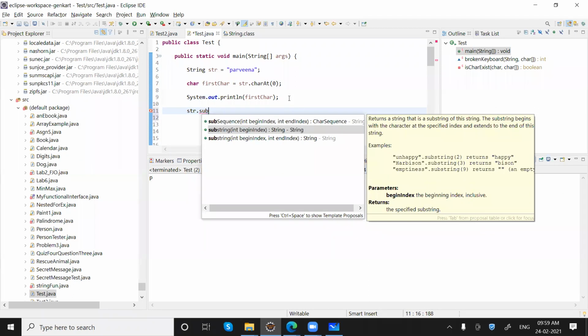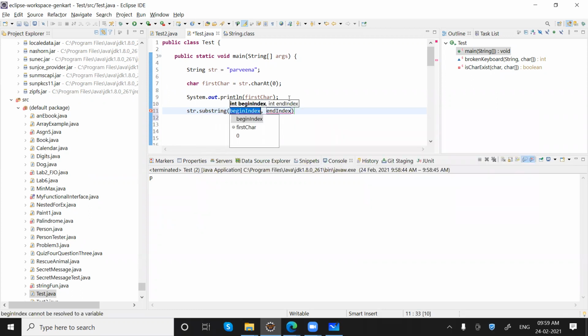There are two substring methods: one takes a begin index in the form of an integer, and the second one takes begin and end index. I'm using the second one. We'll discuss both. I'm starting from the second character of the string, not 0. That means we are skipping the first character, that is P, right? And I am not defining the end, so the end will be treated as the last character.